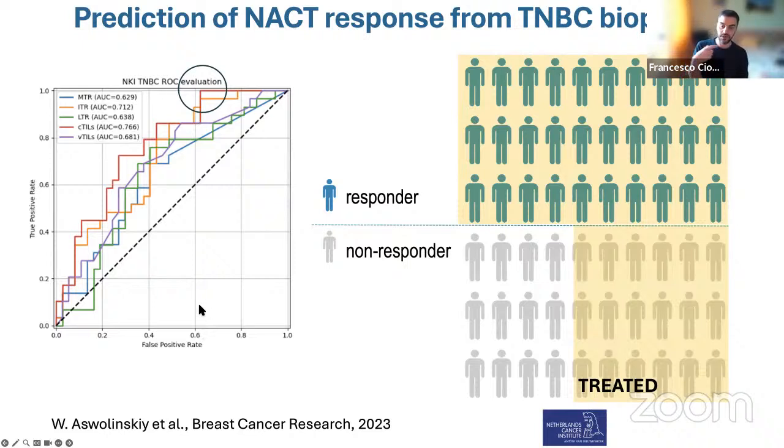But actually, if you look at how this is happening in the clinic today, pretty much all patients are treated and only half of them get benefit. If you use this as a biomarker, all the responders are detected because we get 100% sensitivity. Here we were predicting responders versus non-responders, right? So we take this score and use it as a selection criterion for the patients. We find all the responders, so we treat all of them, and we also treat about 60% of the non-responders.